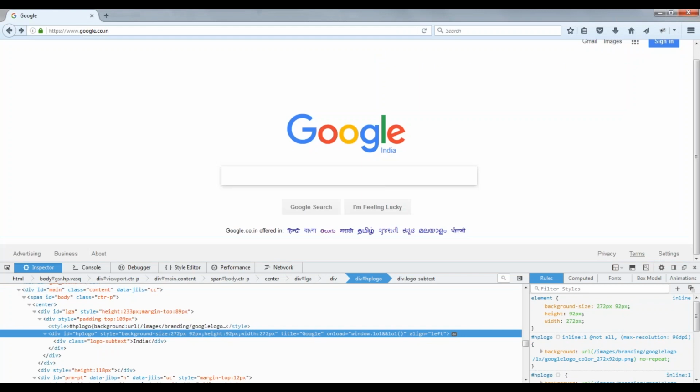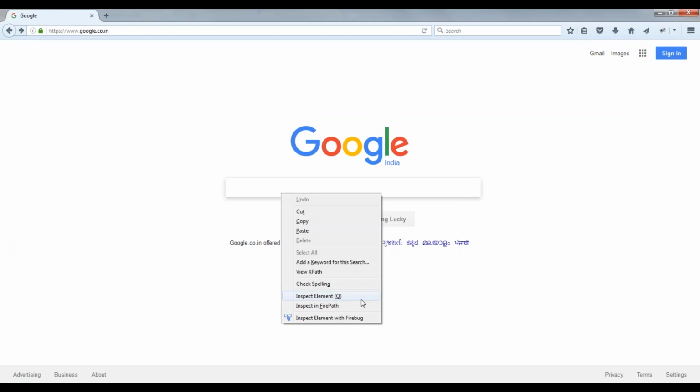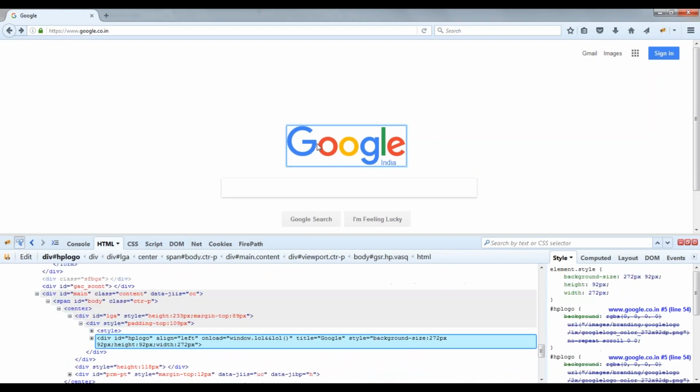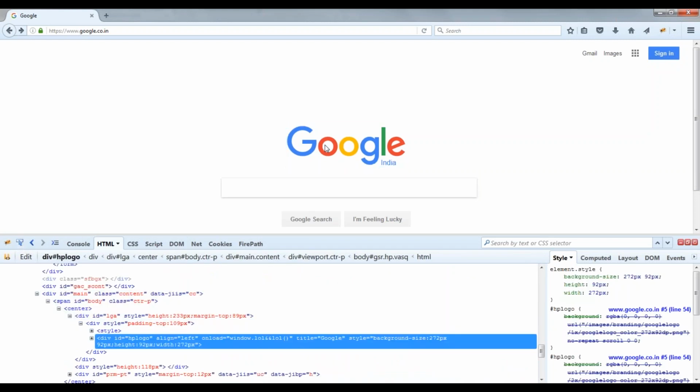I will not recommend you to go for this inspect element. We have one plugin, that is Firebug. This Firebug will take you to the entire HTML. Any element you want to identify, you just click on this arrow and take your cursor there. It will take you to that particular element.